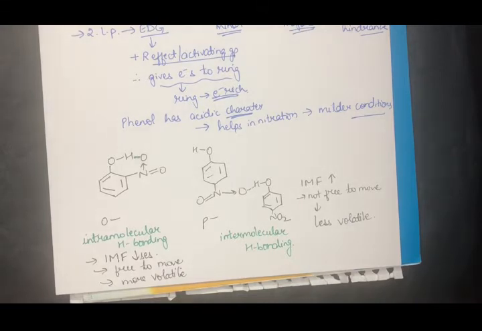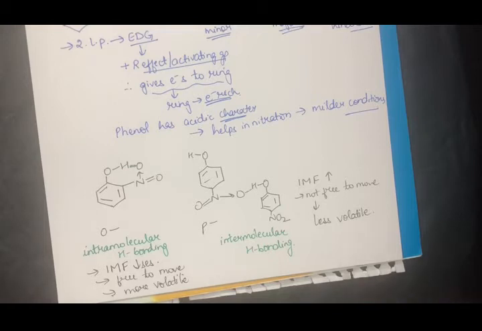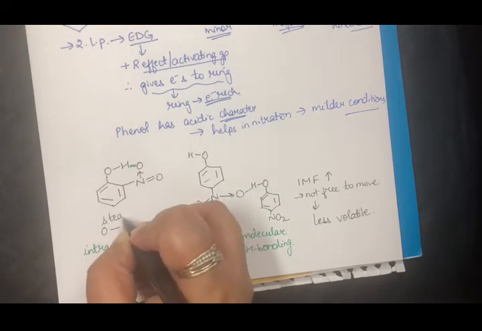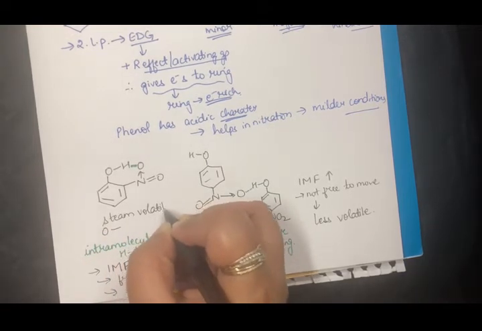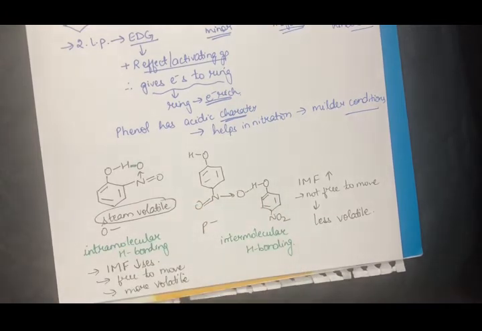What you do is, when you get a mixture of products, that is ortho and para as your products after any reaction, we do steam distillation. In steam distillation, the compound which is more volatile escapes out and can be collected later. So which one is more steam volatile? The more steam volatile one is the intramolecular hydrogen bonded compound, due to lesser intermolecular forces of attraction, right? This is steam volatile. We perform steam distillation and this molecule can be easily separated.